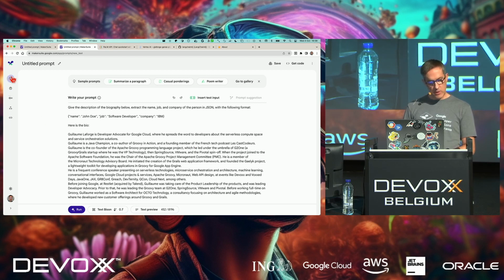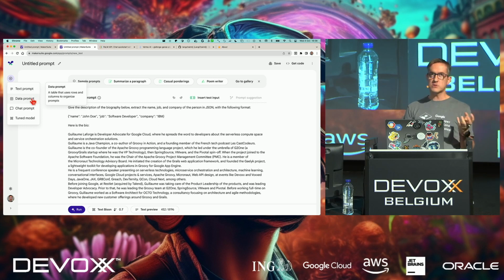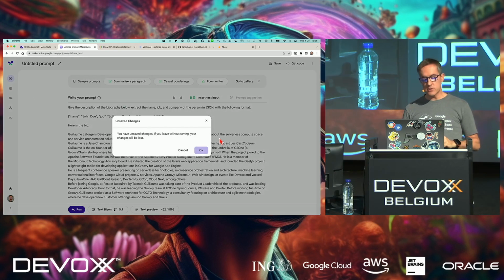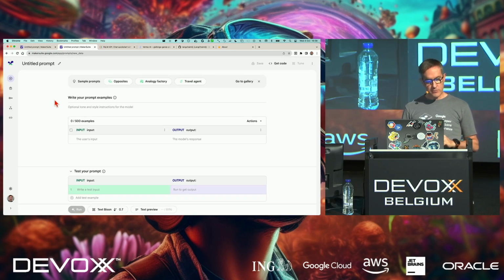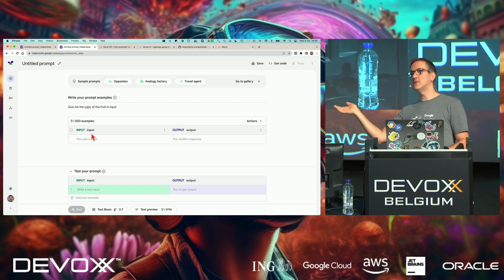Okay, maybe one last thing. So I showed you text prompts, but there are different kinds of prompts. A prompt is a query, but you can also do things like few-shot prompts. They call that data prompts here. So for example, give me the color of the fruit in input, something like this. Well, I don't really need to give it, just giving the query, if I ask for banana, I guess it would tell me yellow, but just to get the idea, so let's say